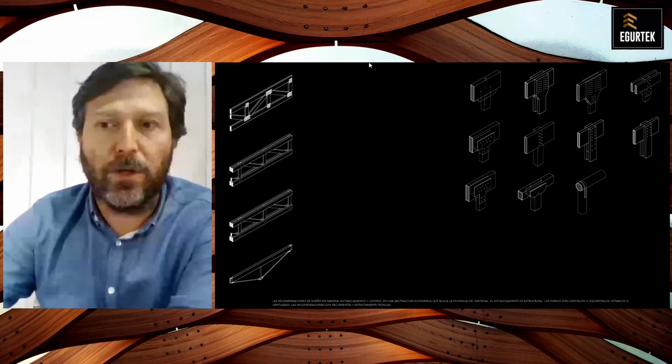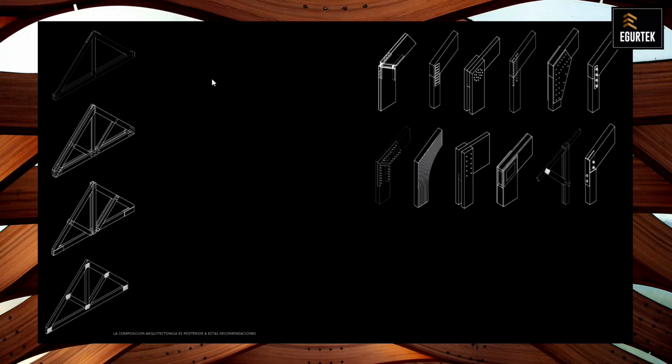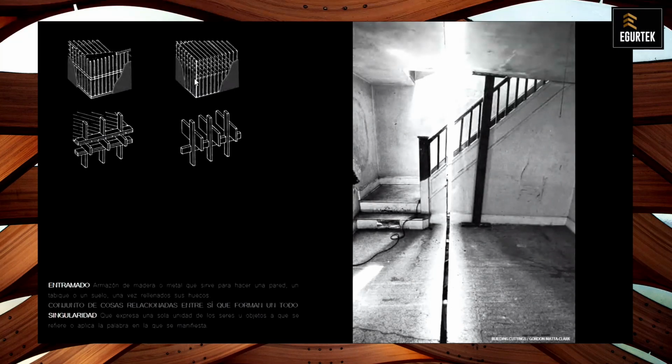And then the closures or the claddings that are either continuous or discontinuous, so they are ventilated or wind-tied. But these are recurrent issues. And these are solutions that have been consolidated over the years. So architecture does not only have to be based on what is said in the technical manual. So this is why I'm going to be talking about frames and singularities, because I think that's the same kind of frames.